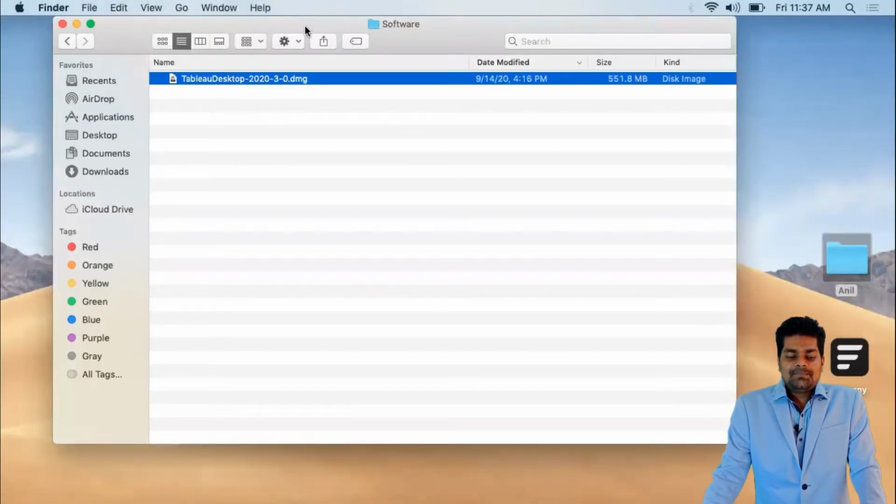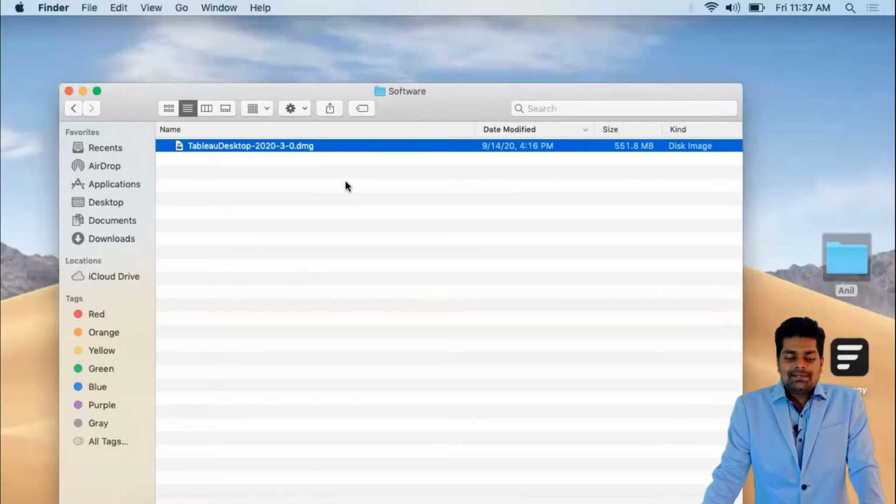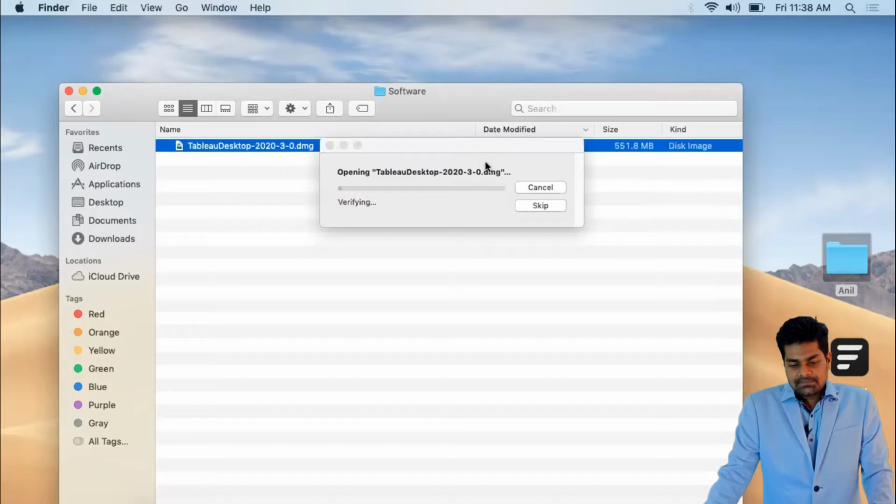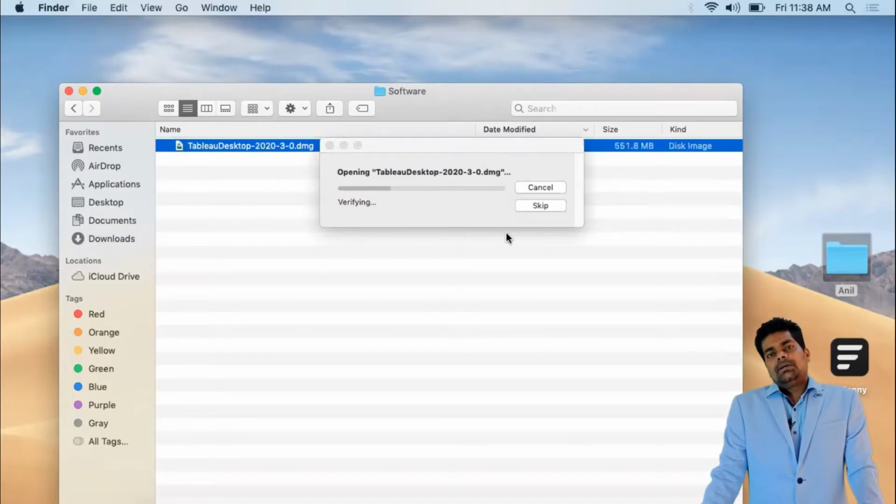I have already downloaded the setup, so I'll open it. Just double click on the Tableau Desktop 2020.3.0 DMG file.